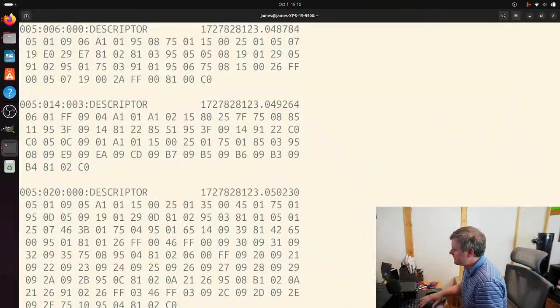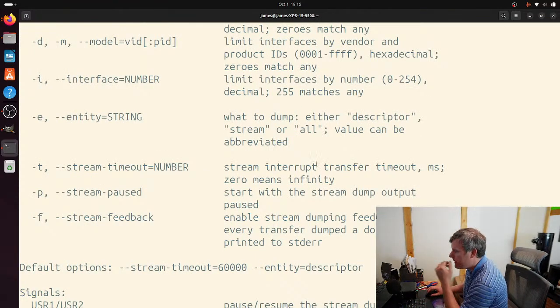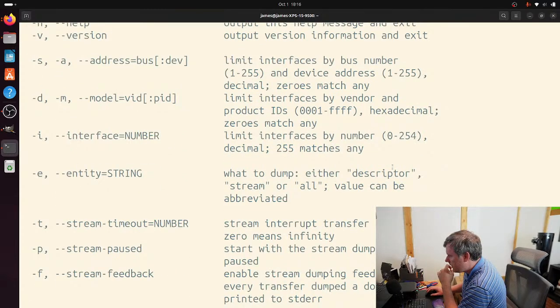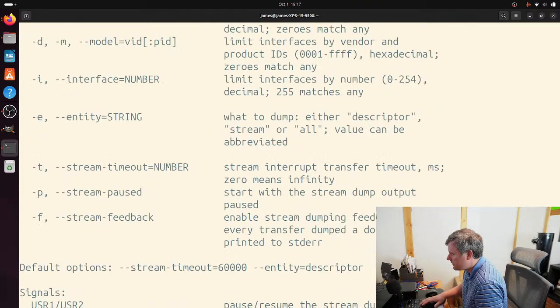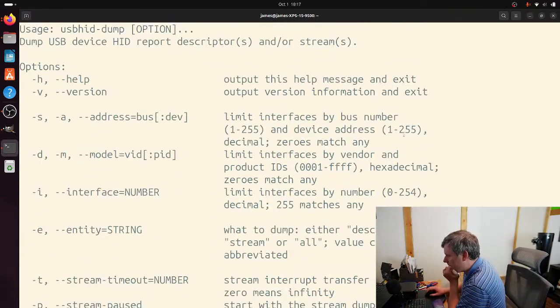Okay, I think there's a command with this HID dump. Let me just see if there's a help section. There we go. Okay, yeah. I think this is it. So address. So if I do hid dump and the address was 0520. Okay, so that's definitely doing that, but I want